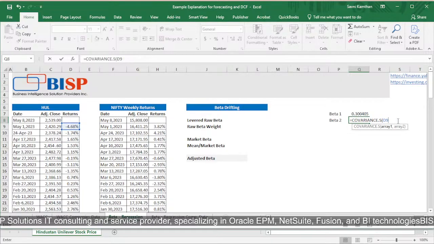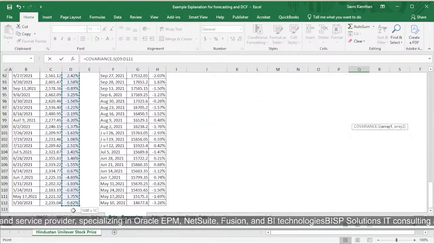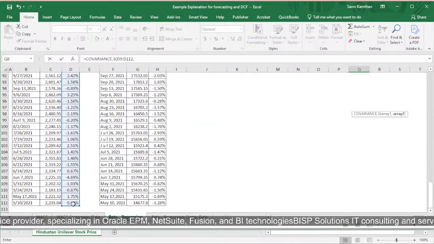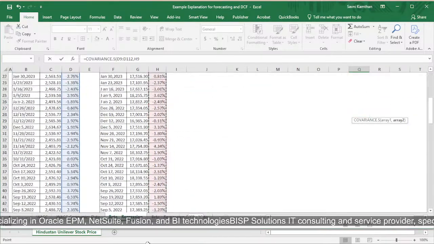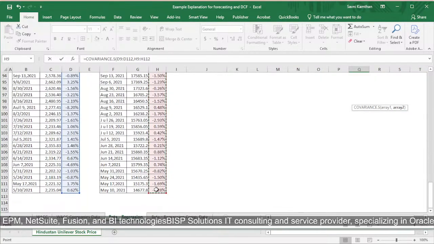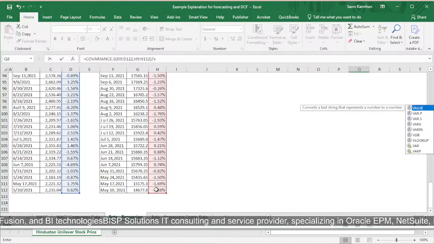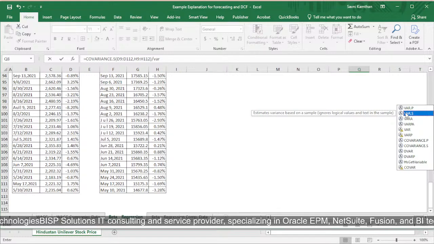It has taken so less data, so again we will be selecting the whole data again, and again going up, then taking this data over here and closing the brackets. Then we will be dividing it by variance, which is of sample only,